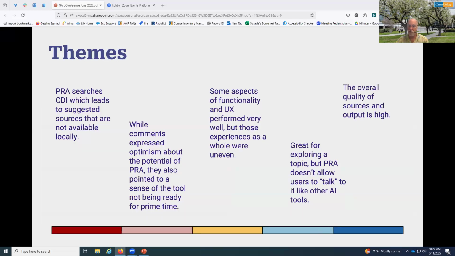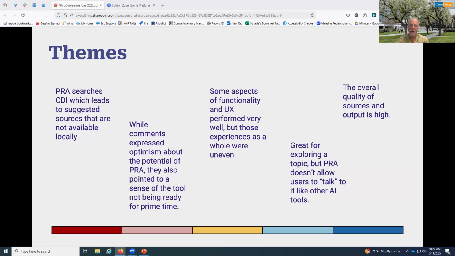So in addition to the rubric scores, we invited the participants to provide comments. And being good opinionated librarians, they commented a lot, which is great because this provided wonderful qualitative data to complement the quantitative rubric scores.